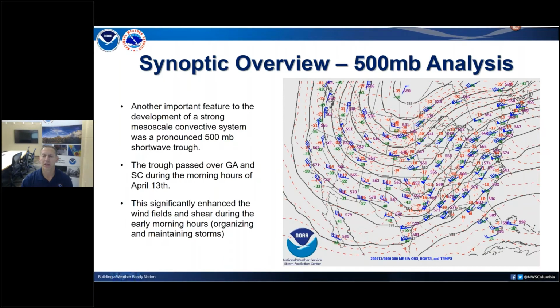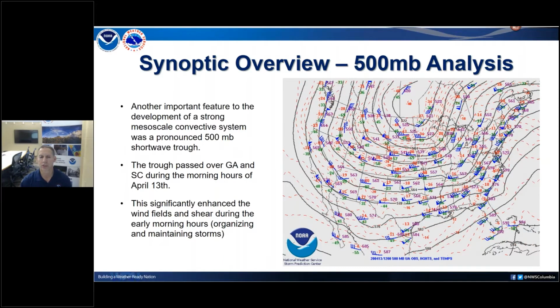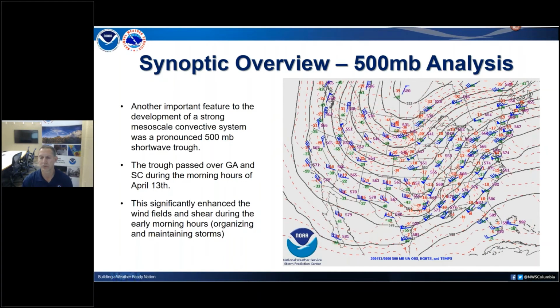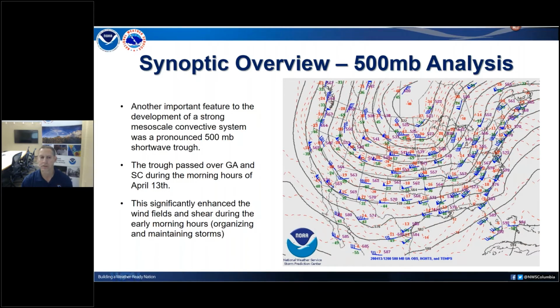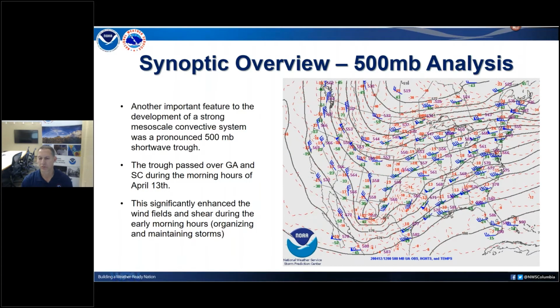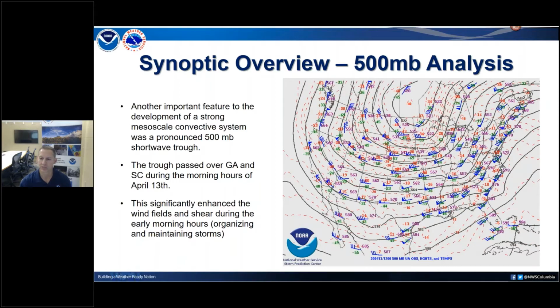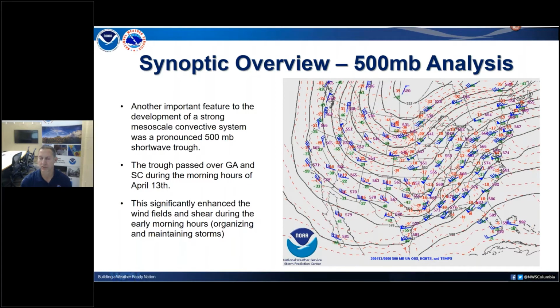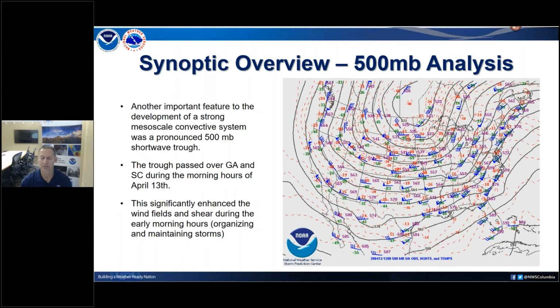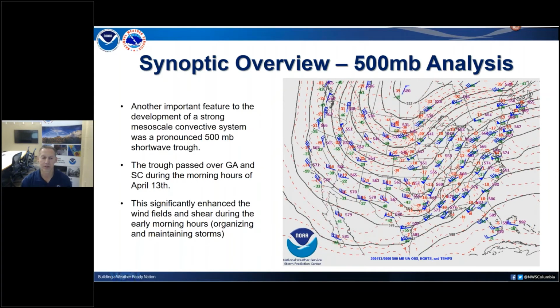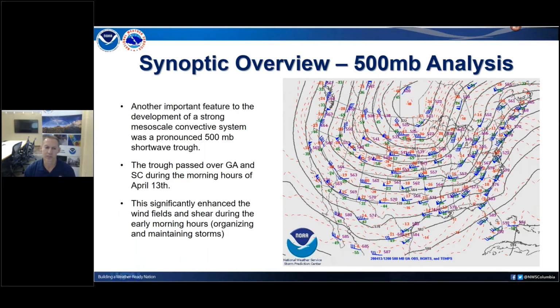Go a little bit lower in the atmosphere, around 500 millibars. Another important feature that is really associated with some of these stronger outbreaks is a pronounced 500 millibar trough. And you can see that moving out of the Texas area into the lower Mississippi Valley. And then by the early morning of the 13th, it was moving up into the southern Appalachians and moving into our area. And the significance of this is it provided